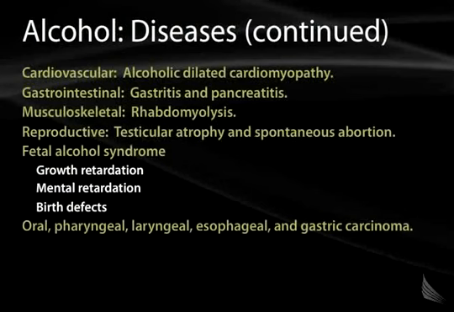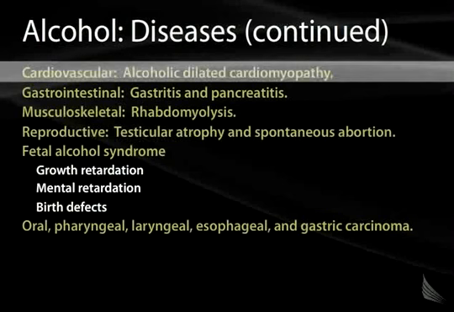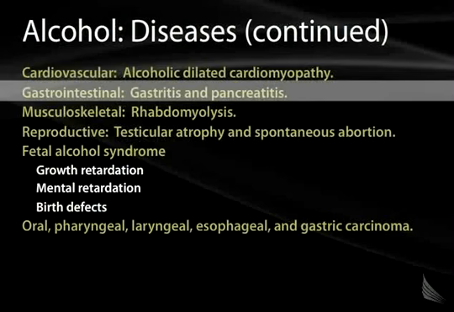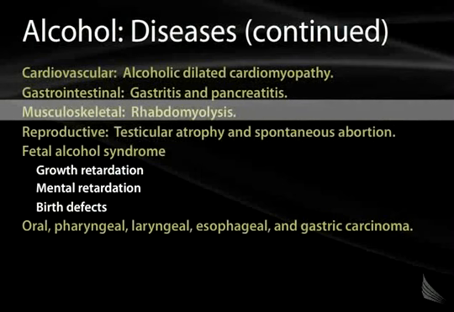Beyond the central nervous system and the liver, alcohol will also affect other organ systems, including the cardiovascular system, where for reasons unclear to us, these patients will develop a dilated cardiomyopathy. The pancreas is also affected with the development of chronic pancreatitis, and gastritis within the GI system. Patients who abuse alcohol can undergo rhabdomyolysis, with the destruction of skeletal muscle, and also an effect on the kidney from the overloading of the glomerular tubular system through the massive amount of rhabdomyolysis that occurs.